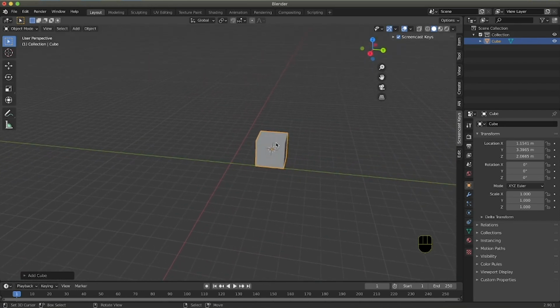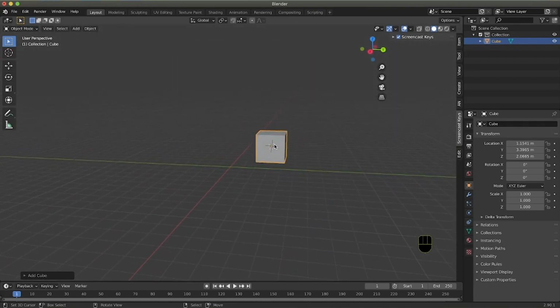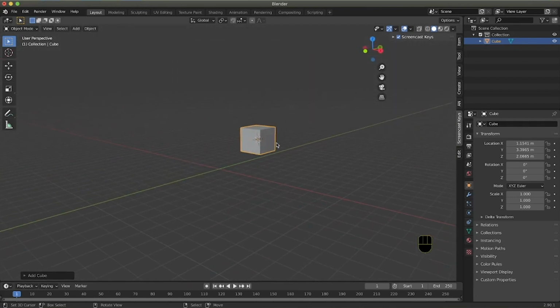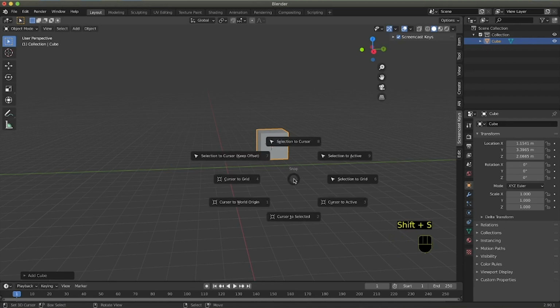The 3D cursor is really useful to change the pivot point of an object, for example, or to position an object in a specific area of your screen. For example, pressing Shift S, you can decide where to position the 3D cursor, mainly to the world origin.